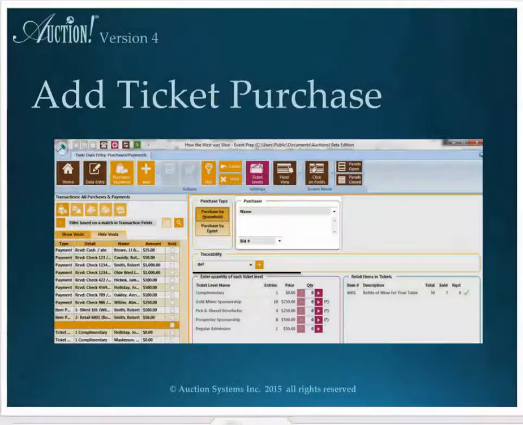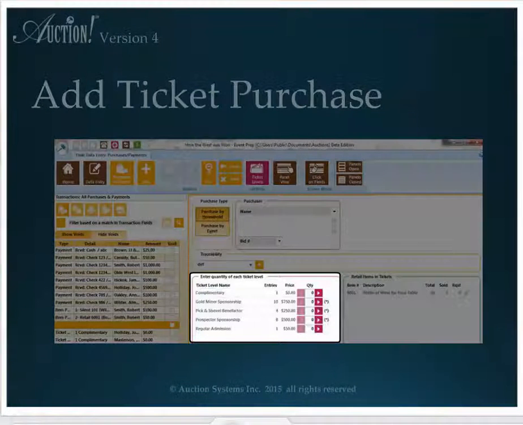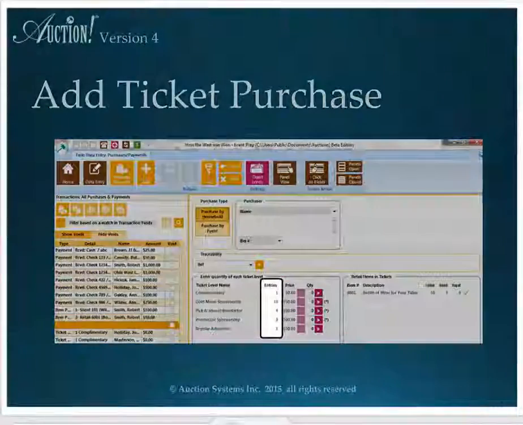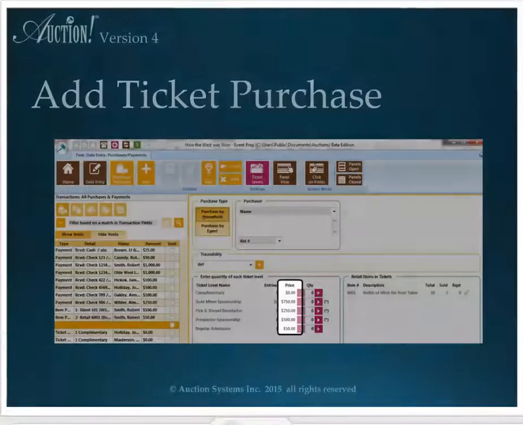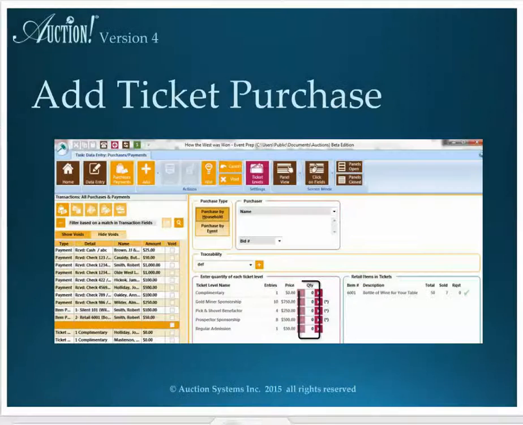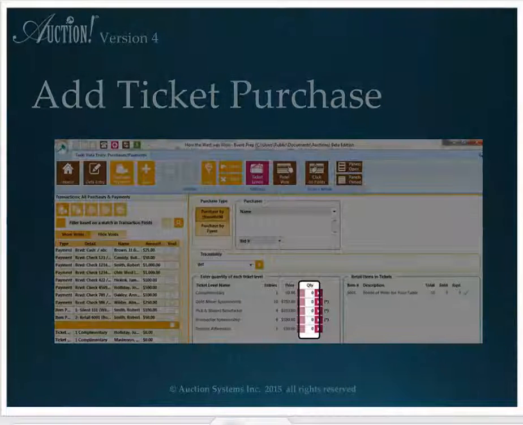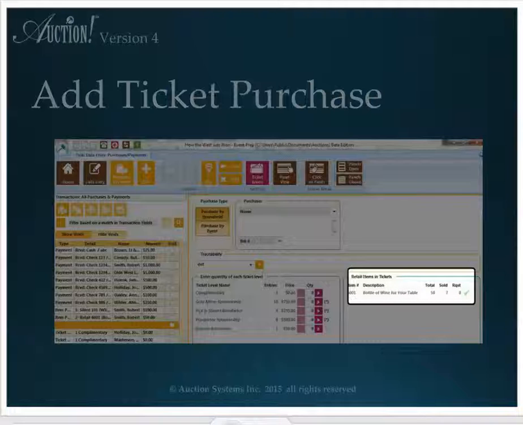At the bottom is a list of tickets available, the number of entries associated with each ticket, the price of the ticket, and the quantity field for the number of this type of ticket being purchased. If there are retail items included with any of the ticket types in that list, those retail items will appear on the right. If you do not see the ticket type in the list, click the pink ticket level button